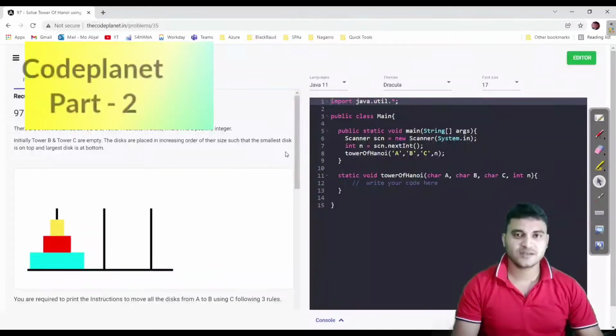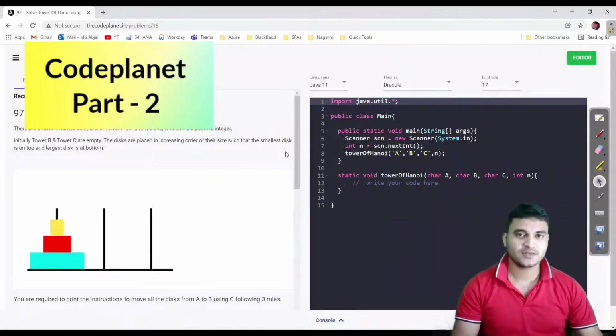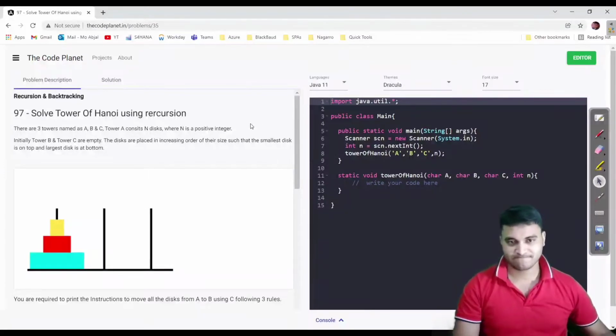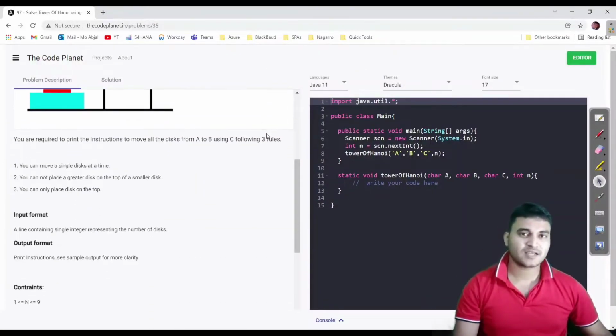Right, so this is part 2 of the Code Planner project. In part 1 we saw what the project is and how we built it. In this video we will see what features we have included and how we implemented those additional features. Fine. If you are coming here directly, I would request you to watch the first part of this